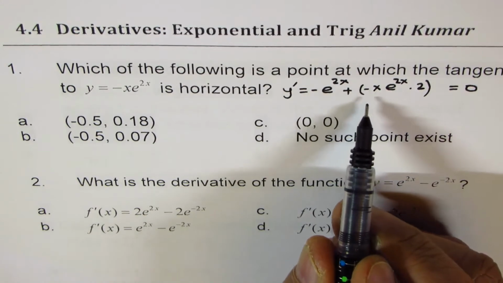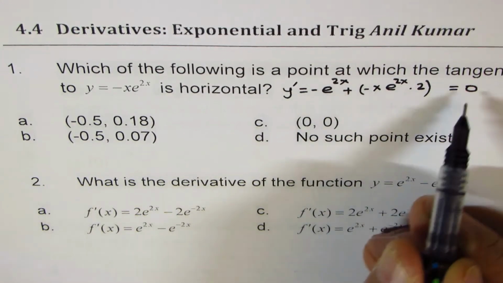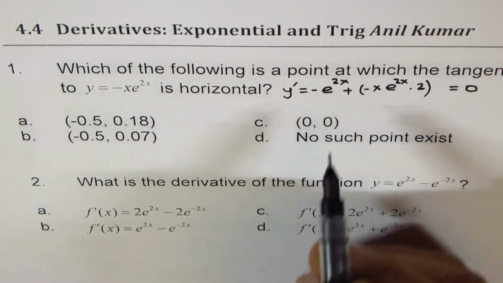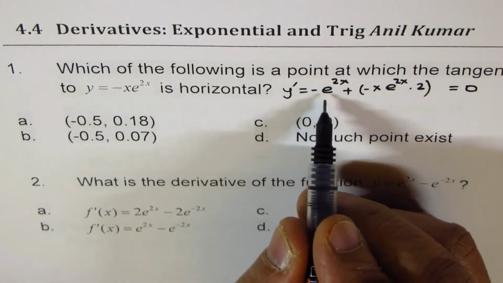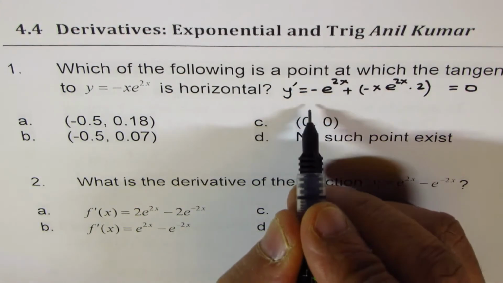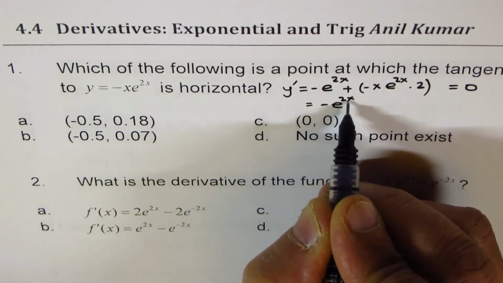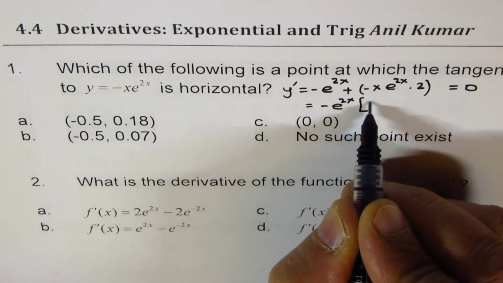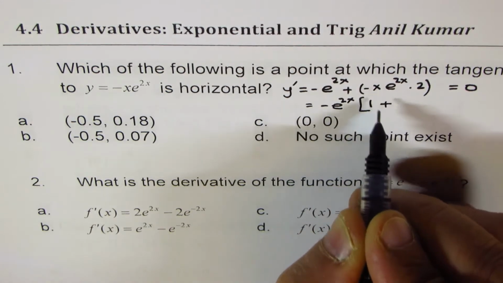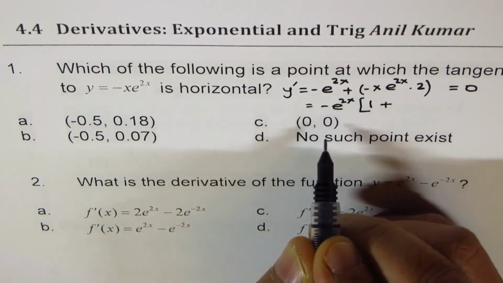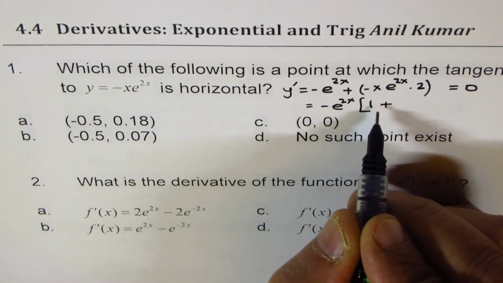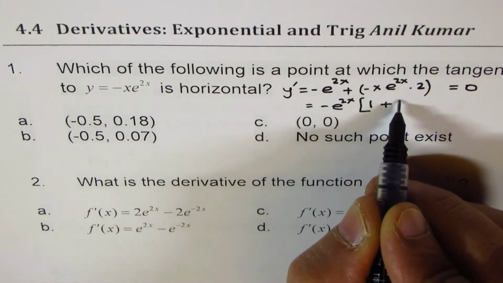Let's take minus e to the power of 2x common. We get 1 plus 2x,